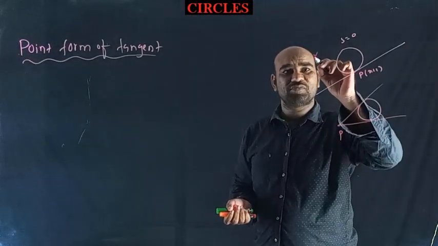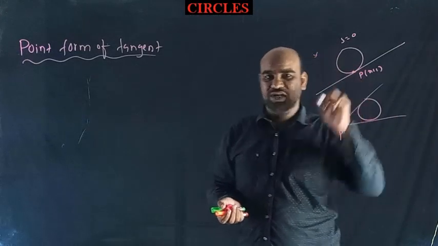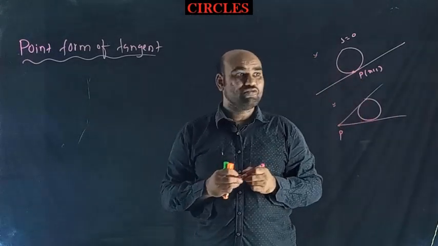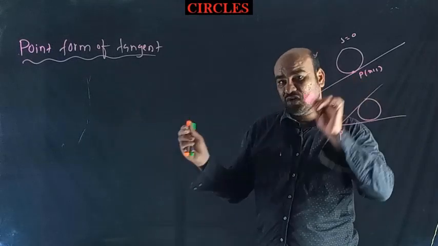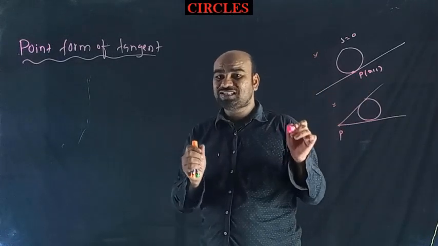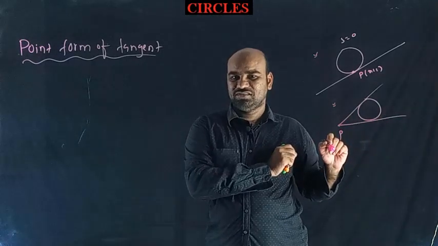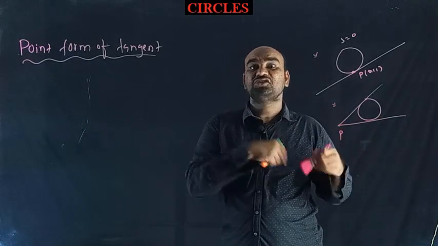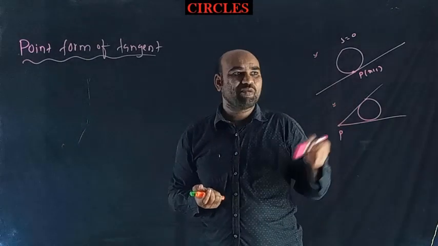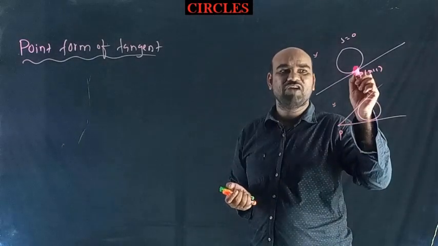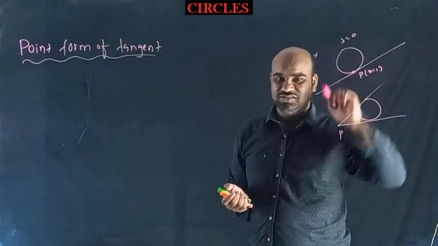How to find the equation of those two tangents? This type of concept is already completed for us in application of derivatives. So to find the equation of the tangent by using circle concept, you need to use the concept of finding the equation of a chord. Okay, so I don't suggest you remember so many formulae. That's why by using the differentiation concept only, I will find the equation of the tangent.